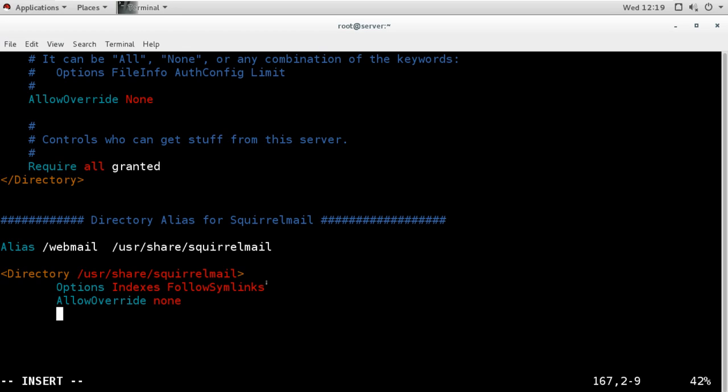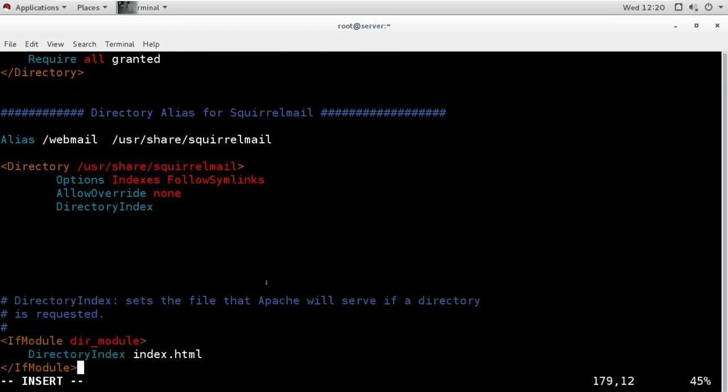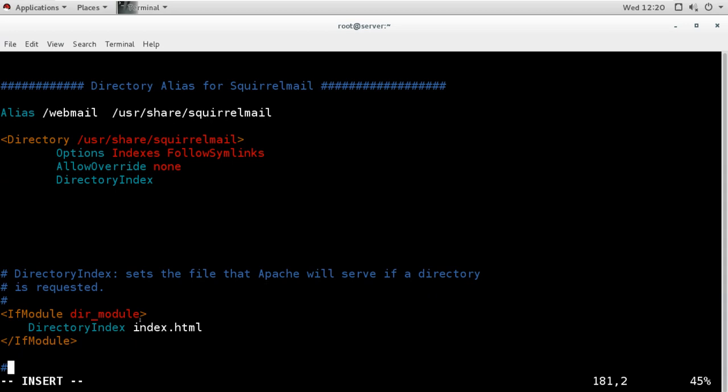Then the option we need is DirectoryIndex, specifically for this directory. By default, what does the DirectoryIndex option do? It finds the home page file, and the home page file name is index.html. This is the default, and this is for the default site and basically for all the sites.